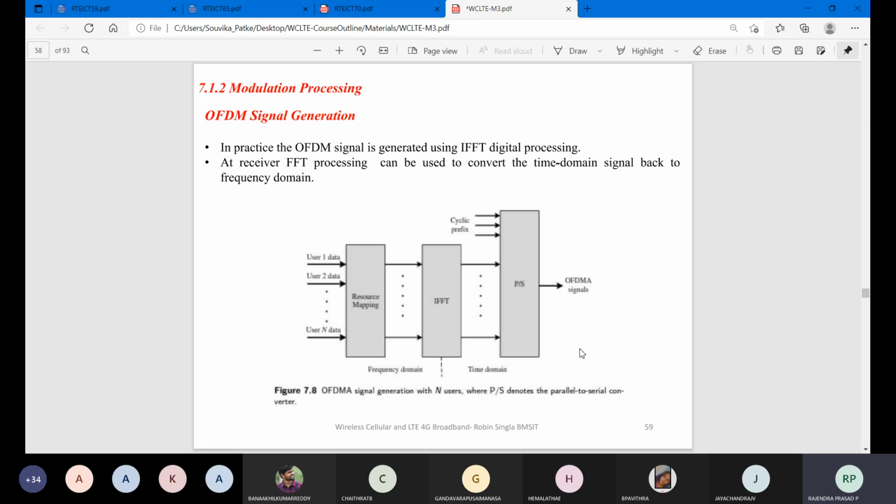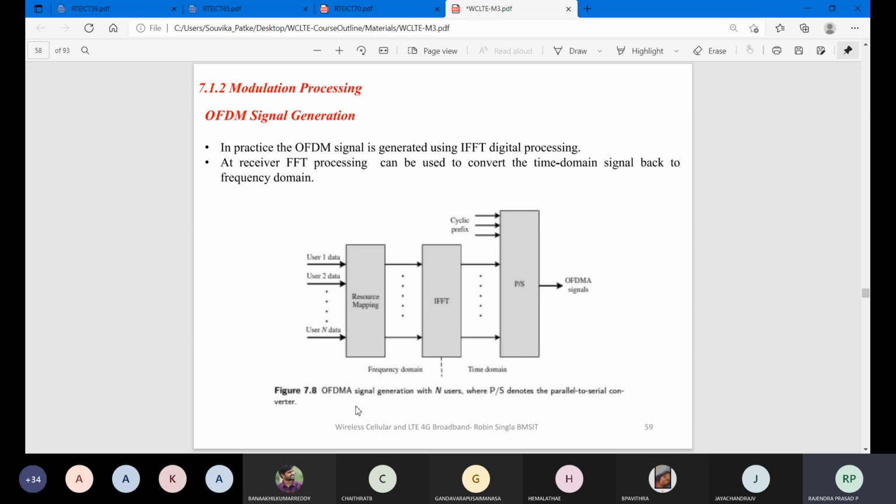You are getting all the information from the different resources, like user 1, user 2, user n, and an inverse operation we are going to follow here, the IFFT. For this coded data, we will add a prefix code word, and your parallel data will be converted to serial data, and this serial data will be released using the antenna, where you are going to get an OFDMA signal.